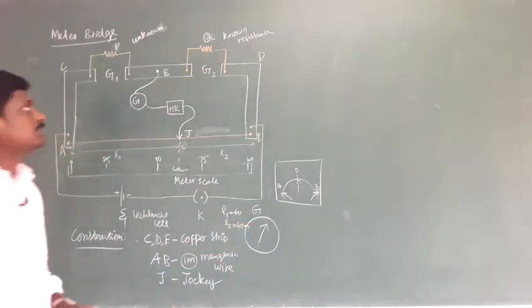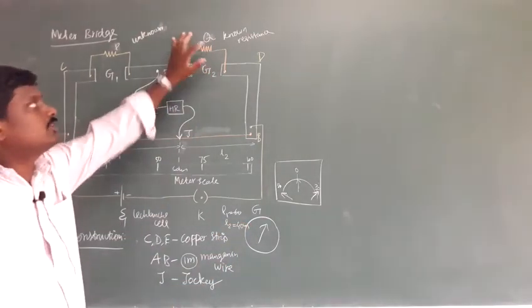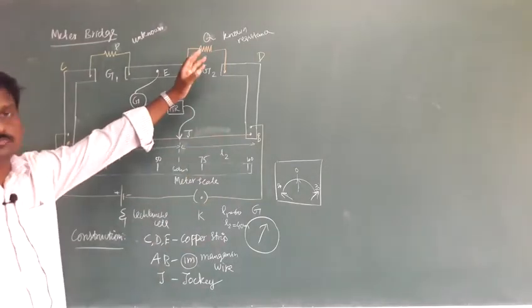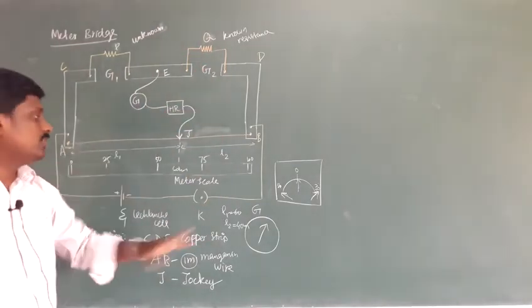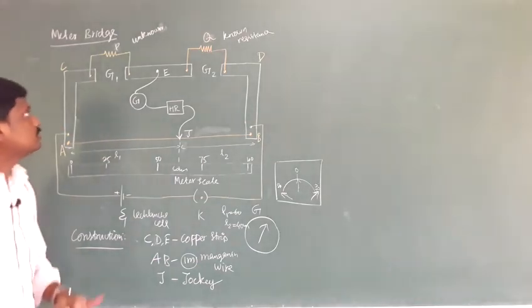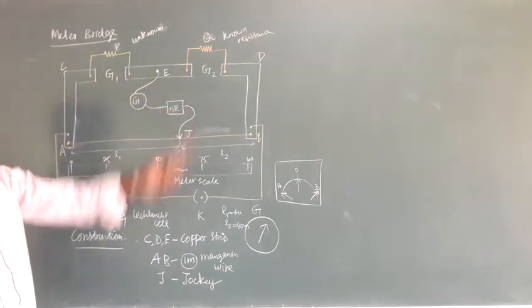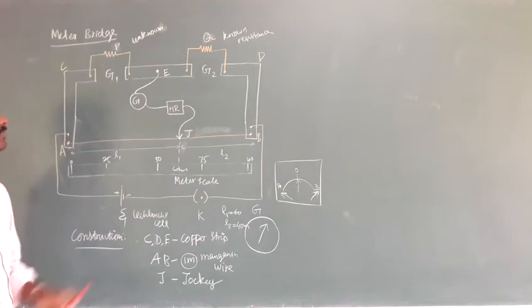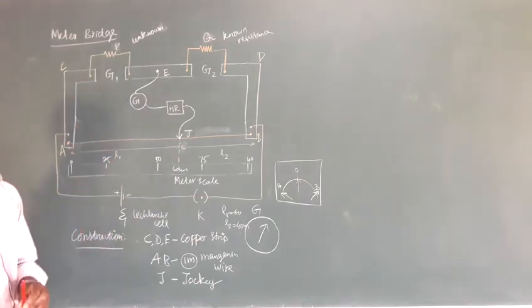So we are doing the next value by changing the known resistance. For example, we give 5 ohm, then 6 ohm, then 7 ohm, and we will get different L1 and L2 values. After that, the copper strips are connected using soldering, so there may be an end resistance. There is an error in the experiment.